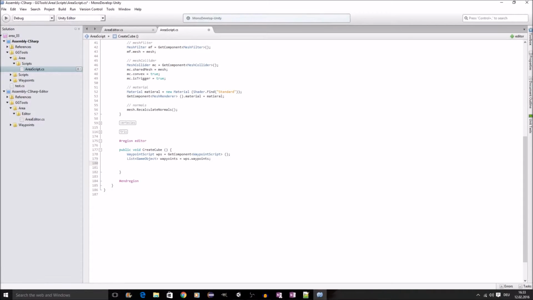We need not just one, we need actually 4 if we want to create a cube. So let's do this in a while loop. Waypoints count. Oh, no, not waypoint script. Yeah. So while the count is smaller than 4,